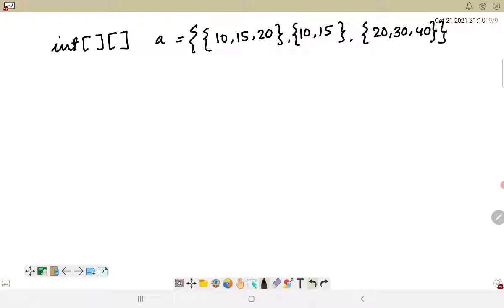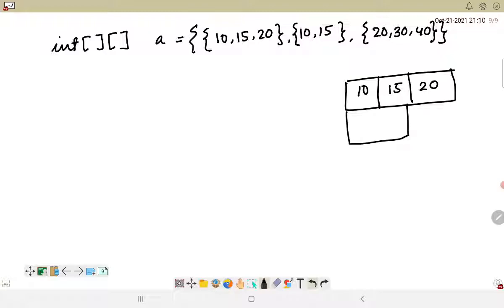So in this case a jagged array would be created which will have the values 10, 15 and 20, followed by just two elements here, which is 10 and 15, and followed by again three elements. Okay, so 20, 30 and 40.